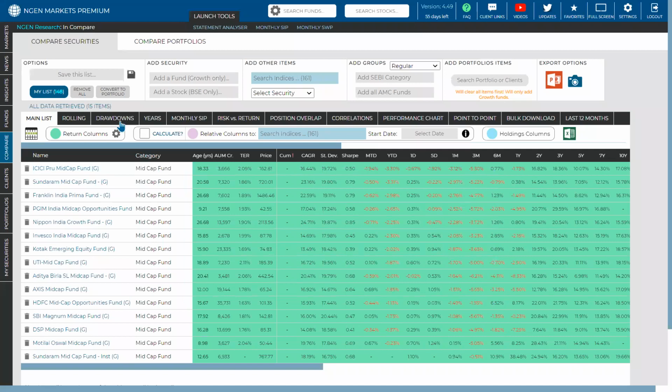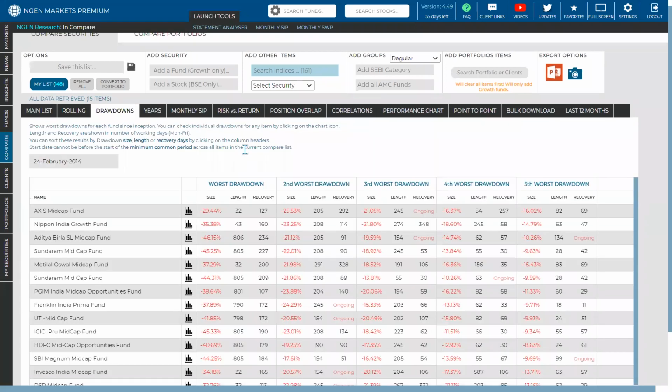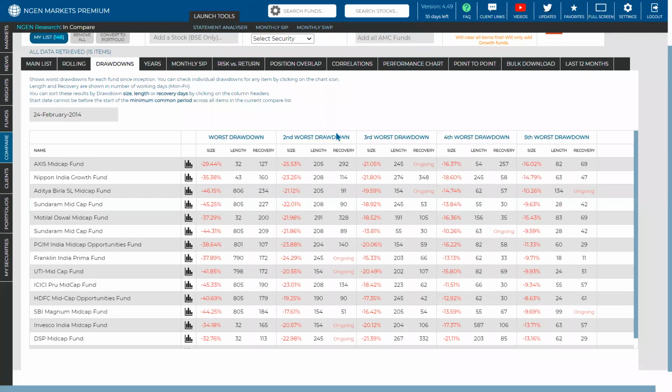single go. Now, when you go to the drawdowns analysis, we now have 5 columns with the worst drawdowns, second worst drawdowns, till the fifth worst drawdown. Now, how does this signify and how does it help? We have 3 sub columns here as well. As we have discussed before, this is the size of the drawdowns,